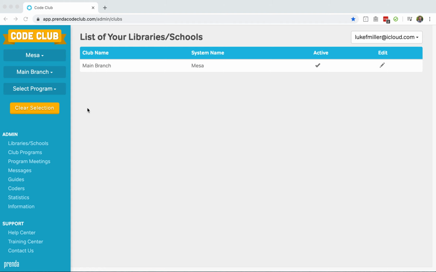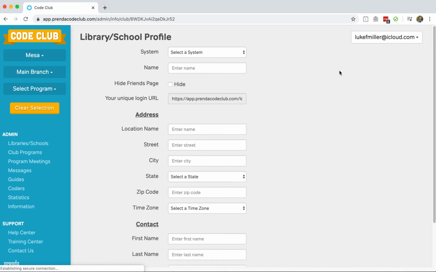It'll bring you first to this page, and we need to edit the library that we want the URL for. So in this situation, I want the URL for the main branch. I'm going to click on Edit, and it'll take me to a screen where I can edit all of the main info for this library. Your unique login URL is the field that I want. So I'm going to double click on that, copy it,